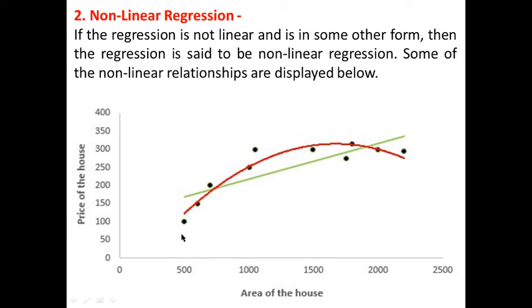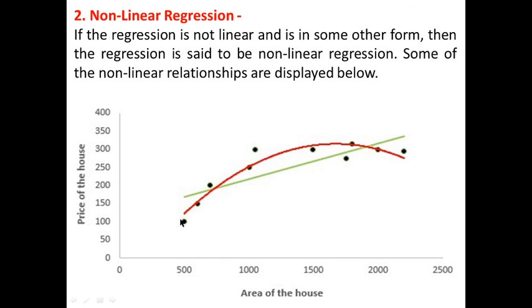Now students, look at this picture. As the area of houses increases in square feet, the prices of the houses also increase, but at the stage of 1500 square feet, the area of houses increases but the prices of the houses decrease. The area of houses in square feet increases towards 2500, but the prices of the houses decline from 1500 square feet.